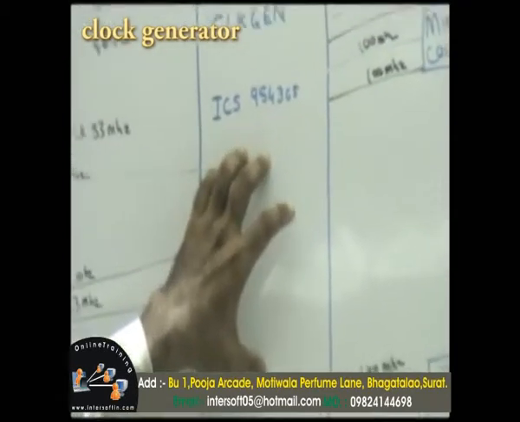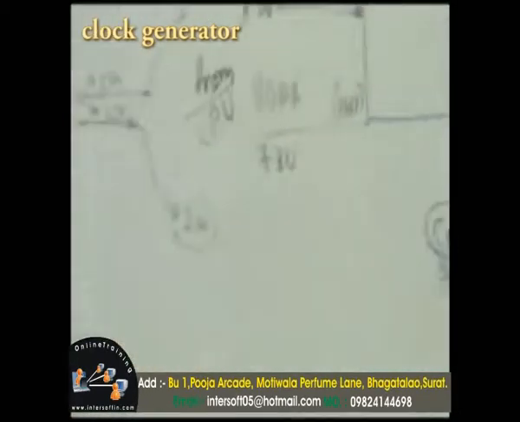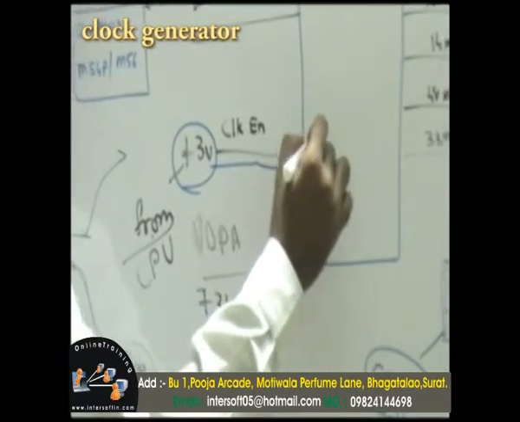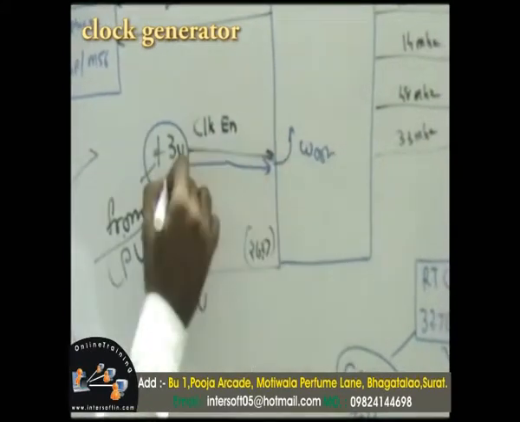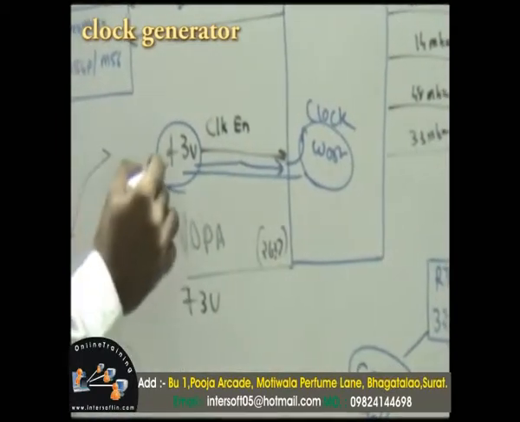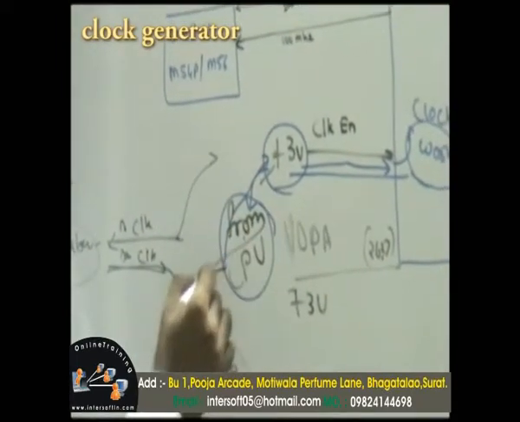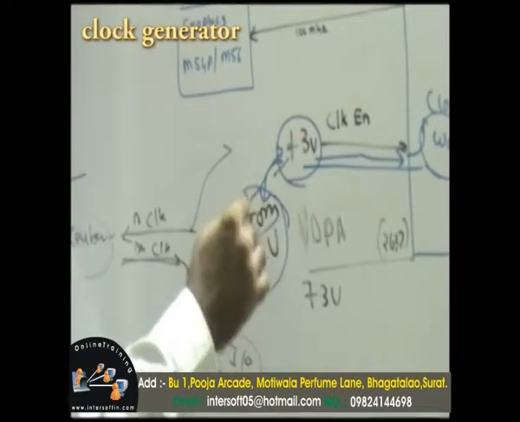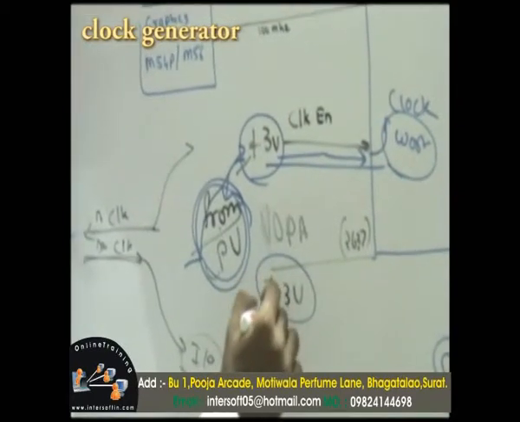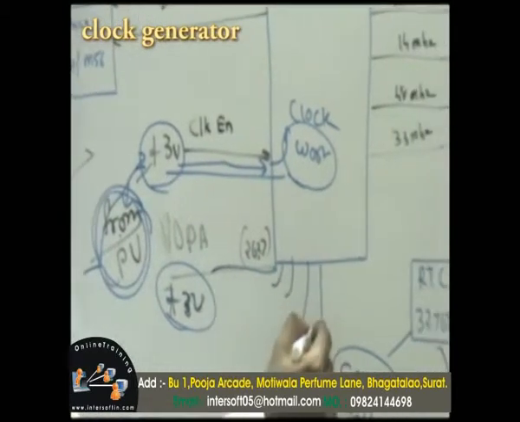To enable these clock signals, there is a +3V clock enable supply. When this clock enable signal is on, only then will this clock work. If this signal does not come, then this clock will not activate. And this clock enable comes from a CPU pin. The CPU will give the identify, and this CPU enable, from pin number 33, will be coming from here. And another power supply will be there. +3V power supply will be there to different pins, and ground connections will also be there to different pins.